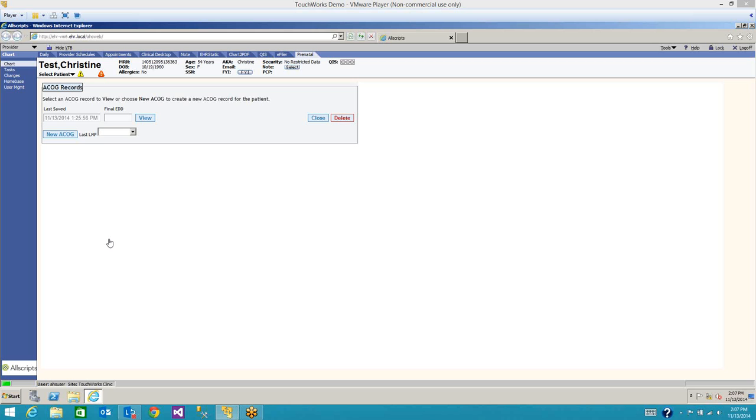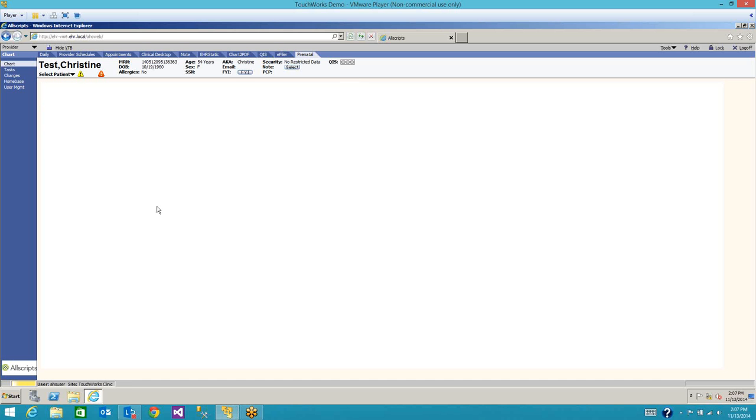So what I see here is a single pregnancy for Christine Test. If she had multiple pregnancies, we'd have multiple rows listed here. I'm going to go in and view this existing ACOG. Similarly, I could click New ACOG, which would generate a brand new one. But today we're going to work with an existing one. I'll also point out that this is just my development system where I've disabled some saving back to the database and things like that. So right now we're only going to see the form,